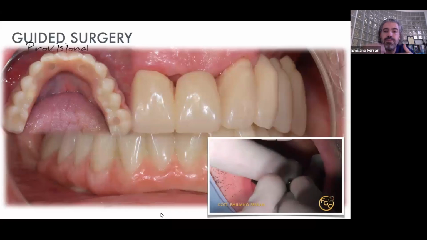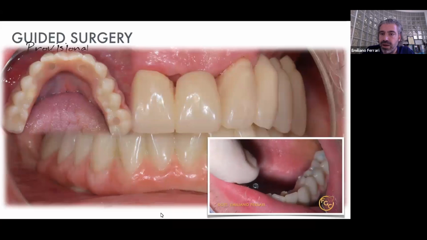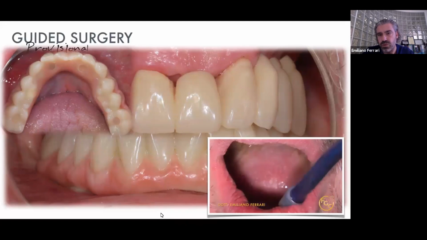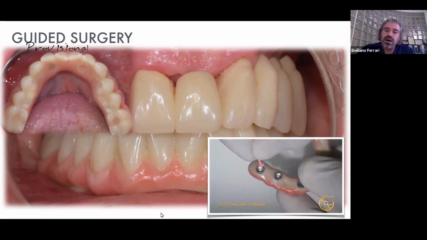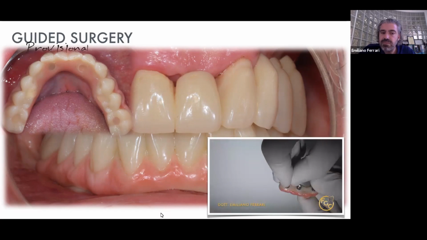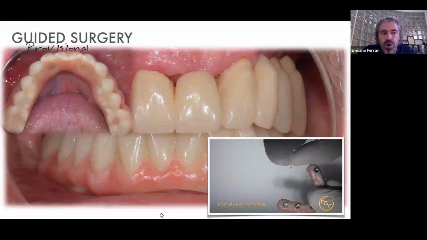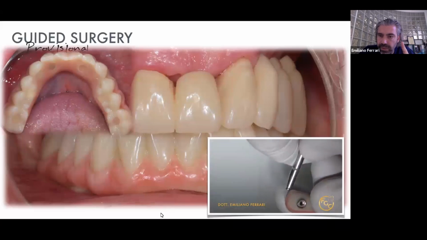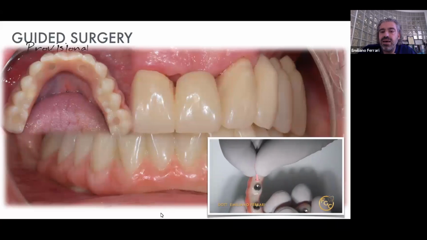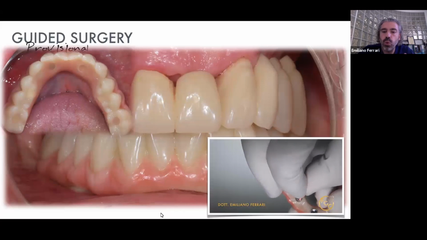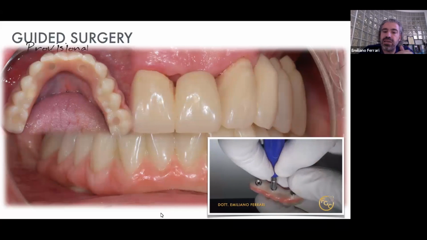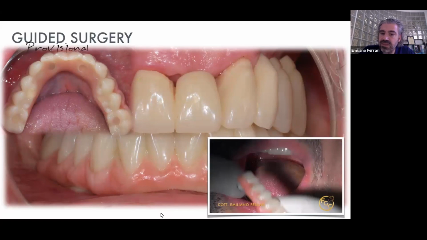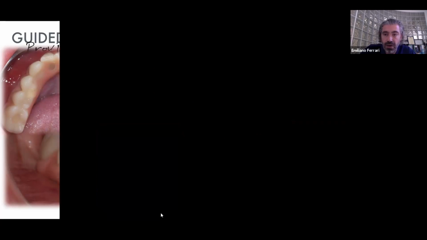Also, you can put your implant in the second molar position, okay? And this is very difficult to do with multi-unit, okay? So this is a particular case because we planned to insert 6 implants, but we had a problem with 1 implant. So luckily, the implant that doesn't work wasn't one of the distal implants, so we can use our provisional the same. But one interesting thing is that after 2 months of healing,